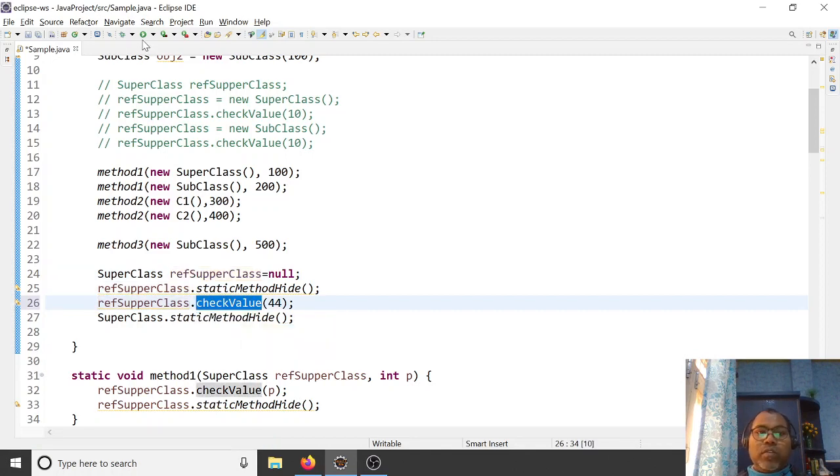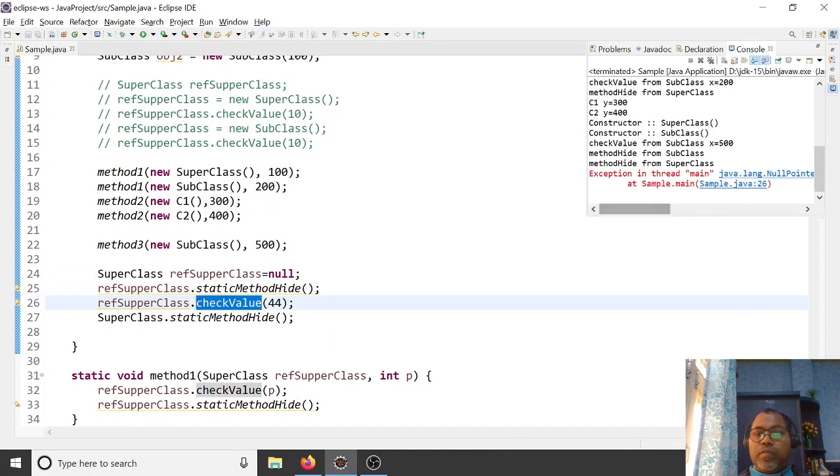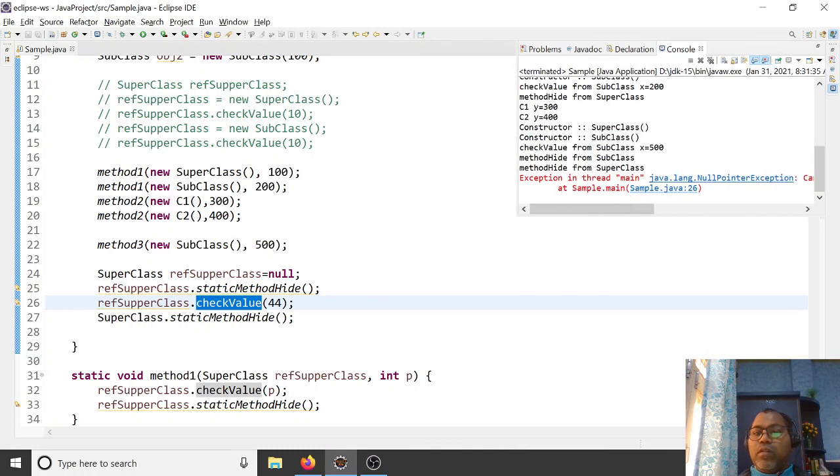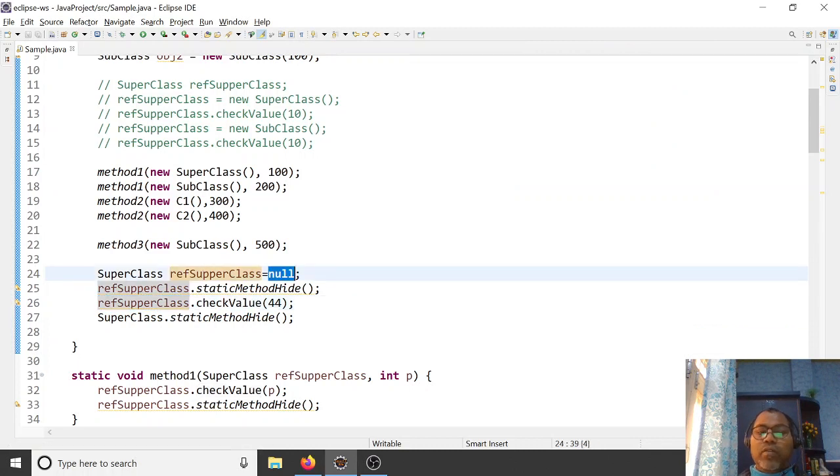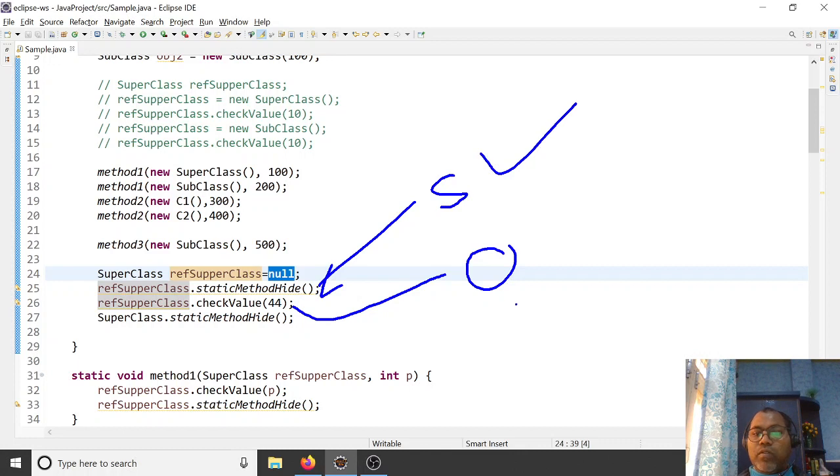This will throw an exception. You cannot invoke because this object has not been initialized with any value, so you cannot invoke any instance method, but you can invoke your static method. Static method is allowed, instance method is not allowed here. So the general preference: don't invoke your static method from an object reference, use the class name itself. This is the preferred way.